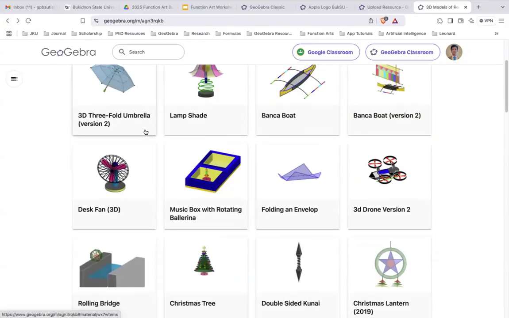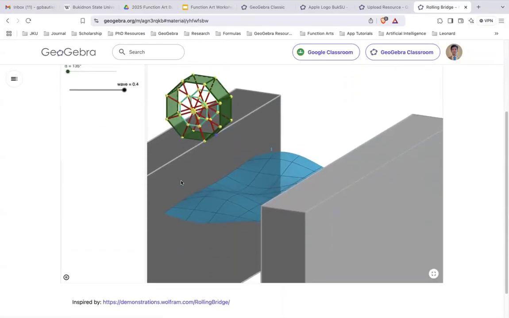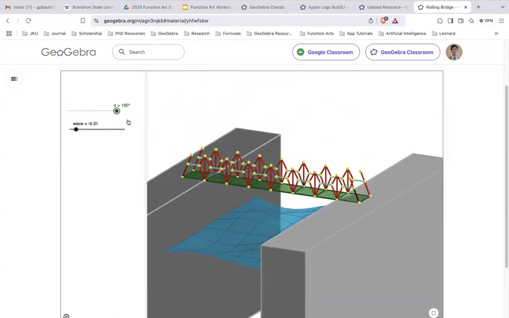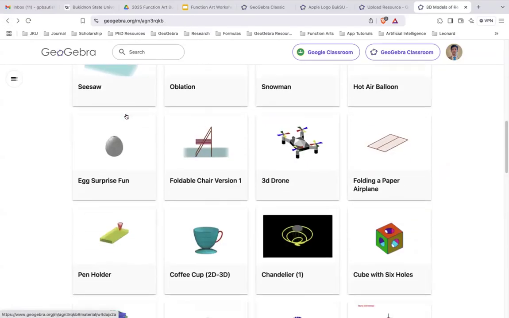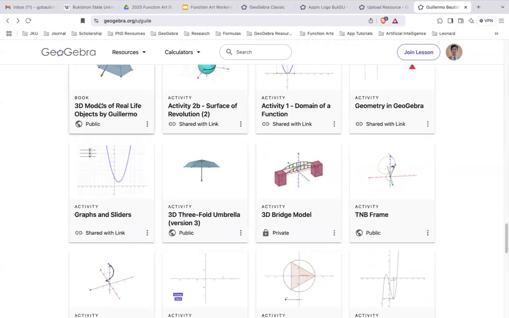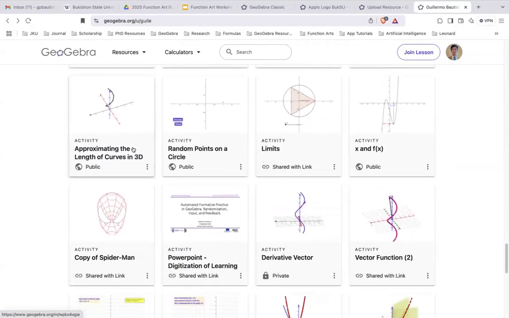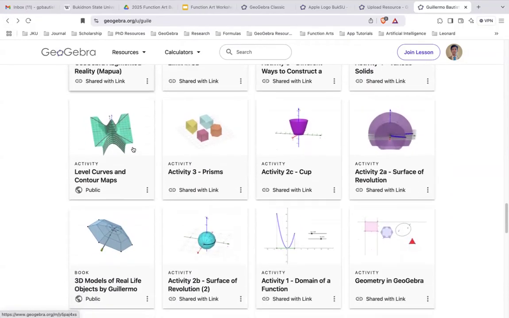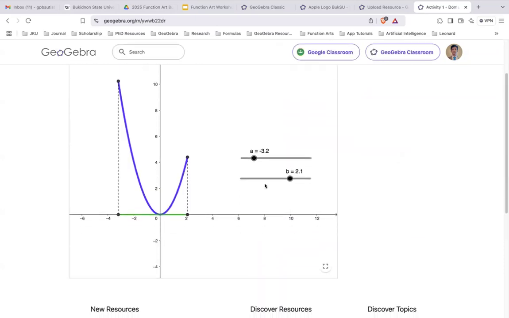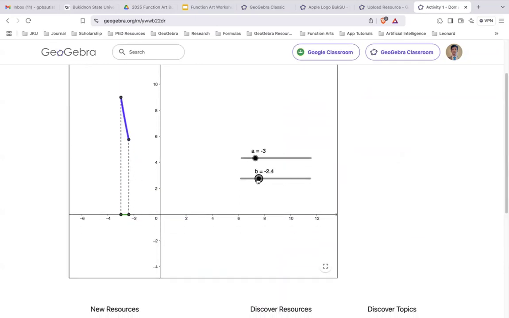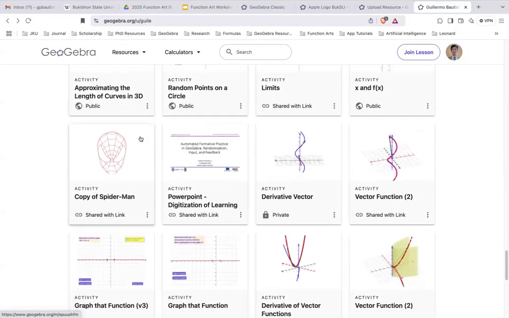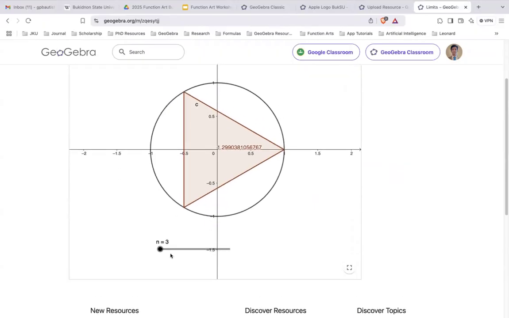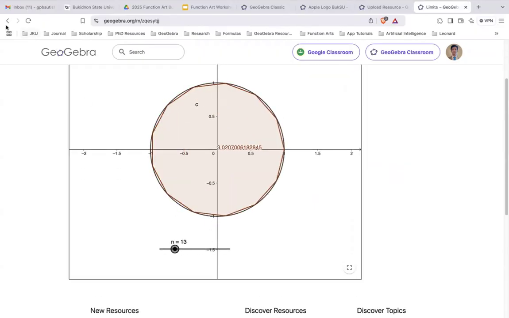So you can do a lot, no? This is a bridge. I saw this on YouTube, and modeled it. And of course, there is a lot of mathematics, not just art. So for example, you're teaching domain and range. This is the concept of the domain if you're teaching in high school. And a lot, you can do a lot. This is limits. What did I do here? So if you want to teach limits,